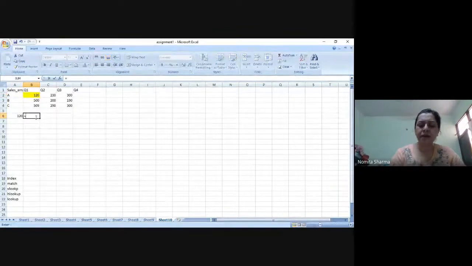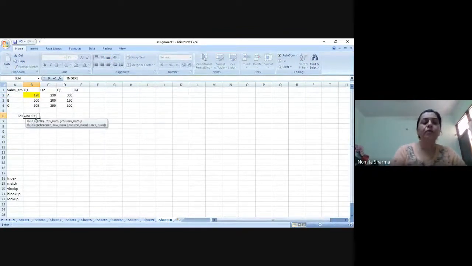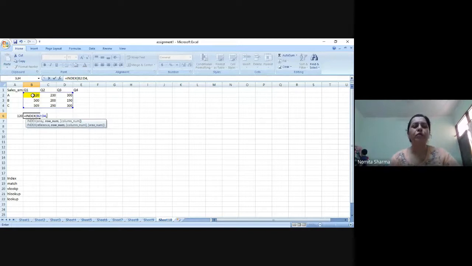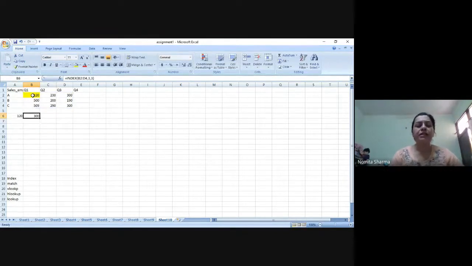In a similar manner, if I do that one more time, so let me just have the same range over here. Maybe it is having the same number of rows and column, but there may be a scenario where we do not have the same number of rows and column. We will see an example for that also. Now let me do this time for 3 by 3, and I press enter, and I'm going to get 300 as the answer. And 3 by 3 is nothing but the third row and the third column.